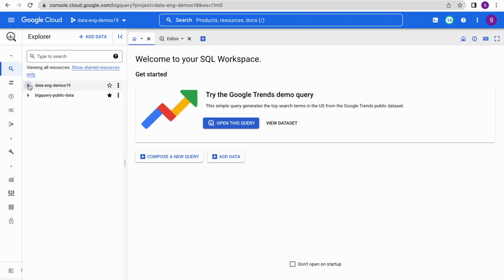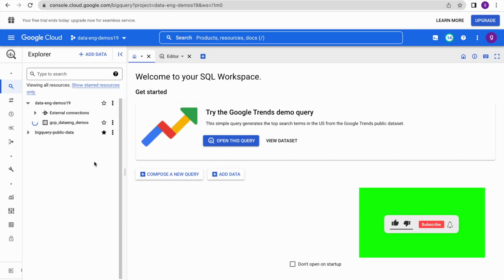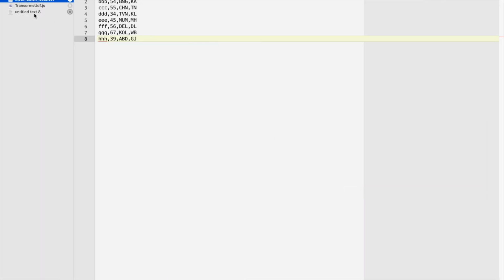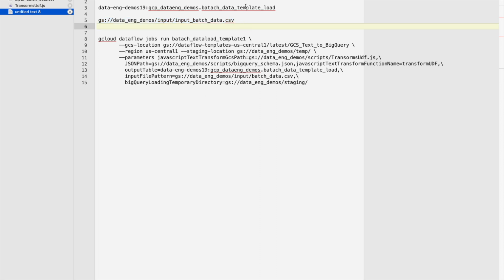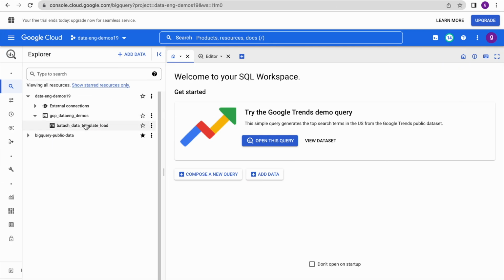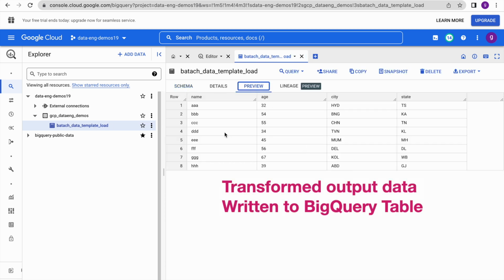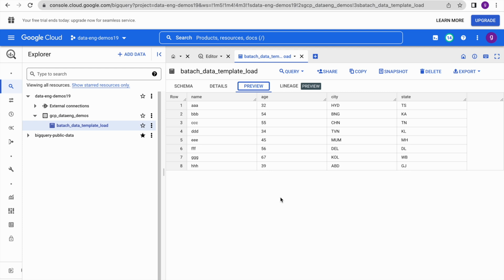Okay, so over here, in this dataset, we have this table created. So this is the table name, right? Here, this is the table name. The same table name we can see over here. Just preview the data. Now you can see this data has been loaded. So you can use this template for all these types of use cases, and there are many more templates available. Based on your use case, you have to select the appropriate